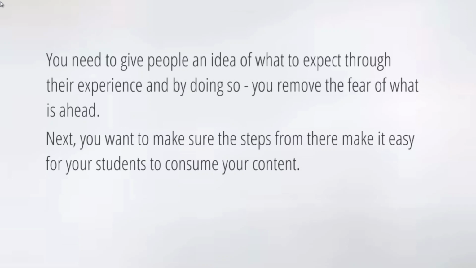Next, you want to make sure that these steps from there make it easy for your students to consume your content. So like I previously mentioned, maybe you have the welcome video, and then after that, you have maybe a checklist that they can download, and whatever else will make it easier. So in other words, you don't have to necessarily make more videos besides the first introduction video,